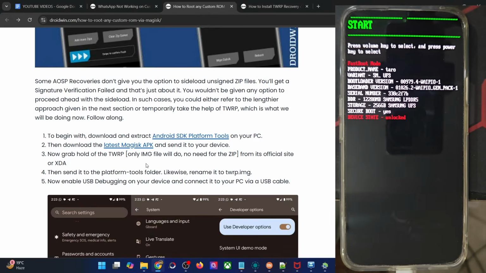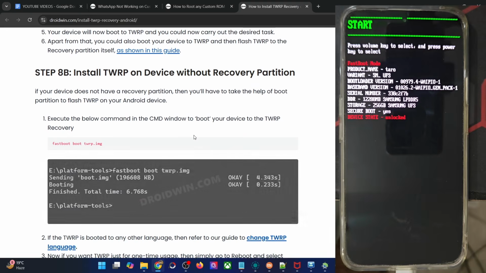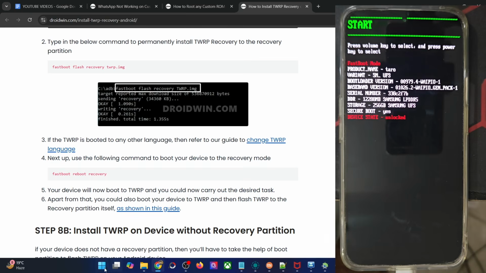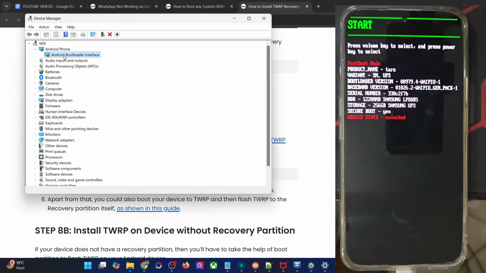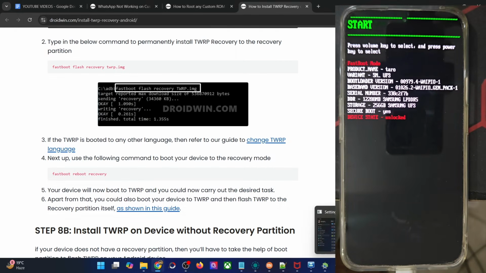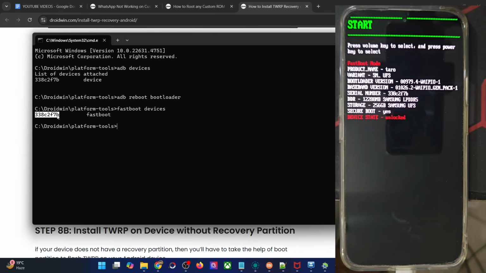If you are not getting any ID, then you will have to install fastboot drivers onto your PC. We have made a separate guide and a video on the same. You could refer to my guide and get the job done. Once you have installed the fastboot drivers, you will then have to right click on the Windows icon and choose device manager, then expand the Android phone section and verify that your phone is being shown here as Android bootloader interface. So this, as well as the serial ID next to fastboot, signify that your PC is able to read the phone in fastboot mode, and we are now good to go ahead. So now that we are in the fastboot mode, we could now flash the recovery.